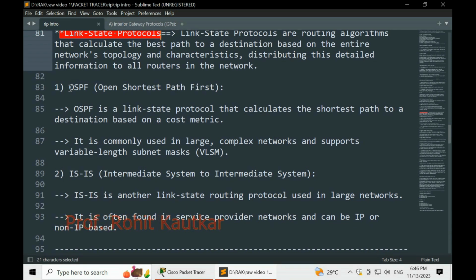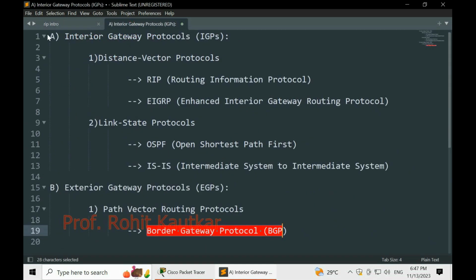The second category in link state protocols is Intermediate System to Intermediate System. This is another link state routing protocol, also used for large complex networks. It is widely used by internet service providers in their networks. These are the various subcategories we have seen in the